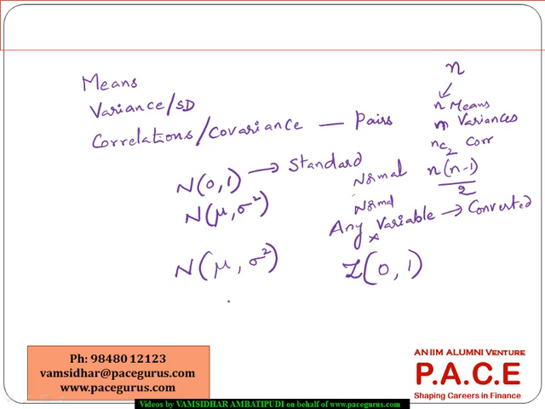So any normal variable value can be converted into a standard normal variable value by subtracting the mean from the observation and dividing it by the standard deviation of the observation. So the Z comes from N by taking every value of N, subtracting the mean from it, and dividing by the standard deviation. Right, so that is how I can convert any normal variable into a standard normal variable. So this is a Z distribution which has a mean of 0 and a variance of 1, and the probability computation